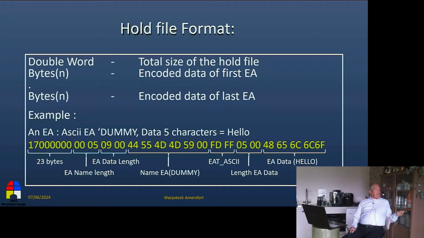You then get information about the data length, the name length, the data length, the name, which if you do 4D, that is DUMMY, just ASCII coding. Then the type of EA, this is an EAT ASCII EA, which has the code FDFF.